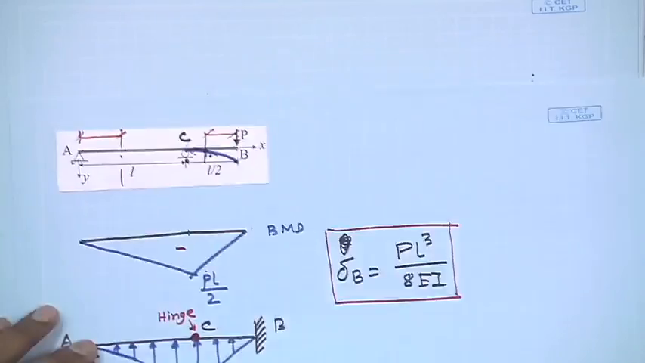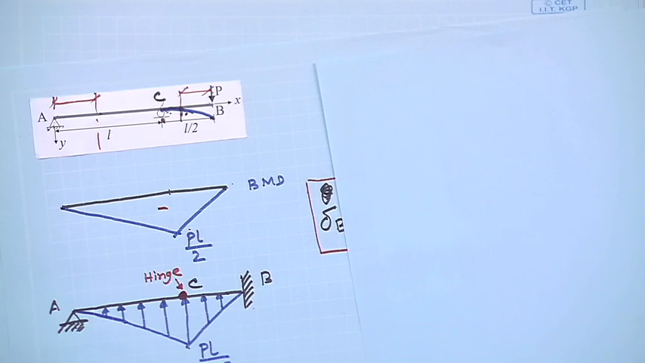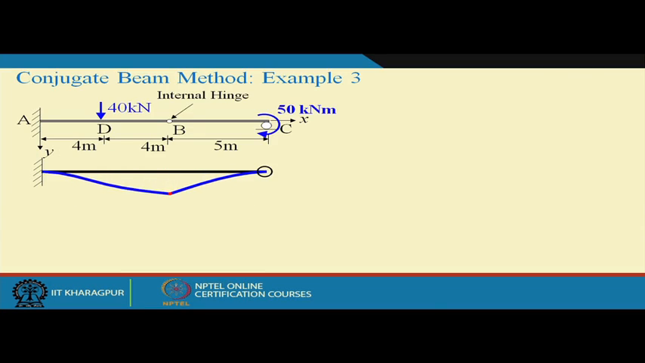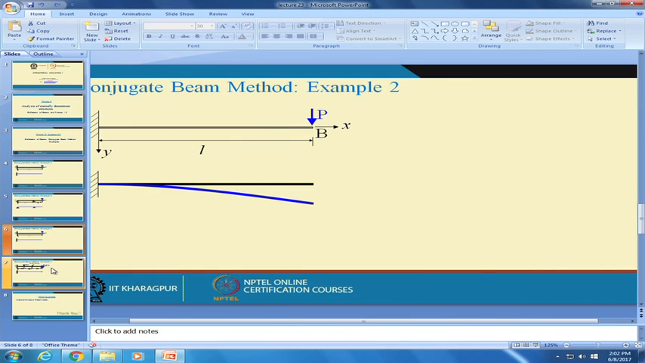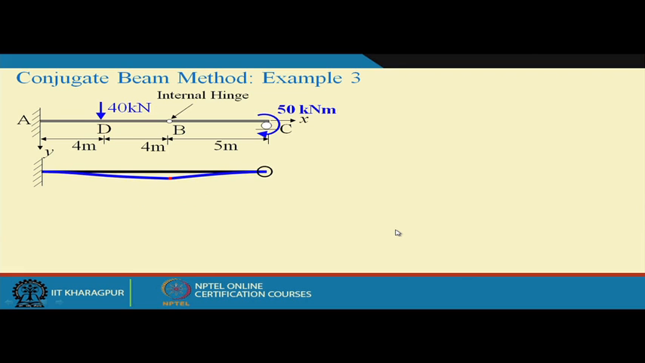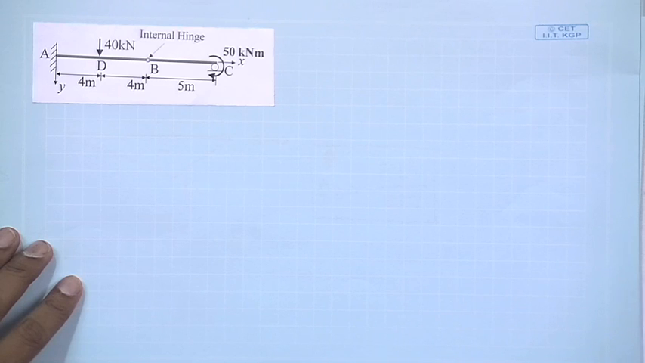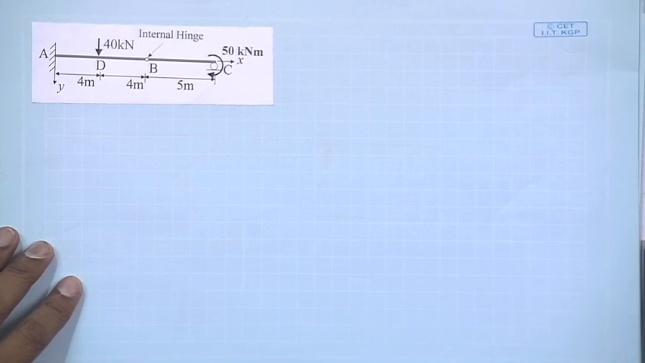Now, next problem is, we have one more problem, and this problem is this. Okay. The deflected shape is already shown here. Now, the problem is this. Okay. Now, it is again